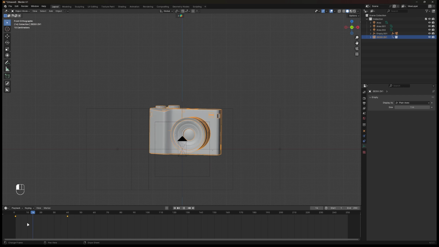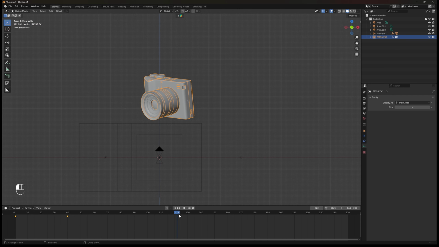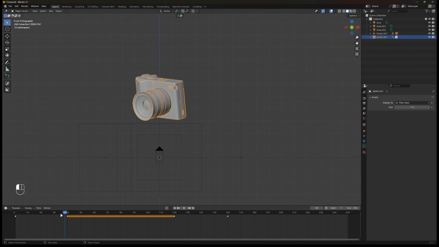Back to the timeline and set the blue bar to frame 120. Select the keyframe on frame 40 and hit Shift plus D to duplicate the keyframe. Drag and move the duplicated keyframe to frame 120. So now the jumping asset will be held in the sky for 80 frames. Then duplicate the first keyframe and place it at frame 160. So the asset will jump and float there, then come back down. Here I slide the asset a little bit because I think it's not centered enough.